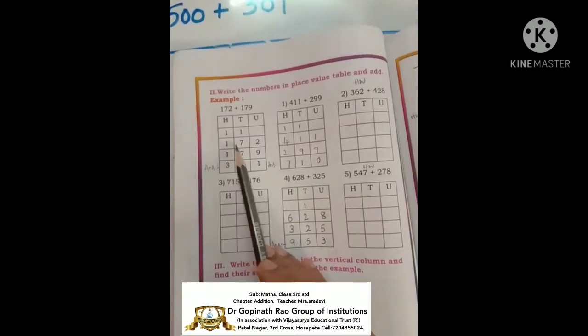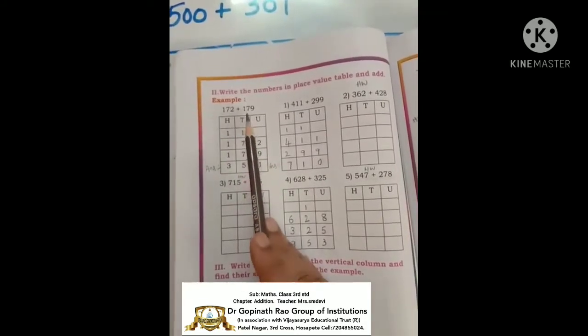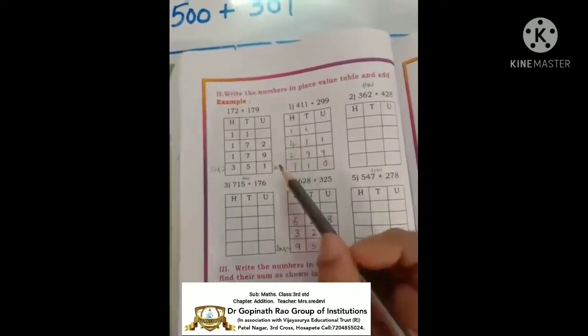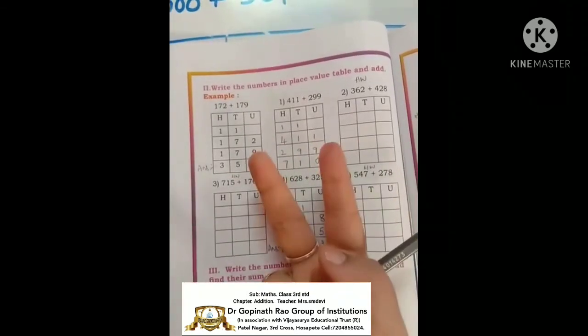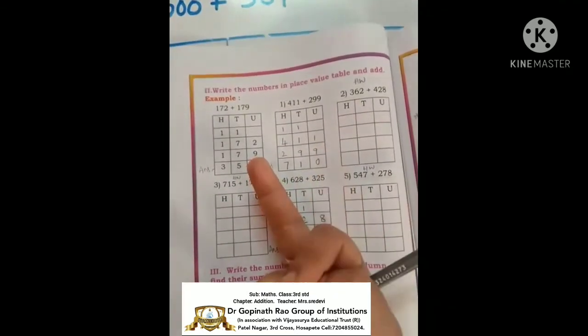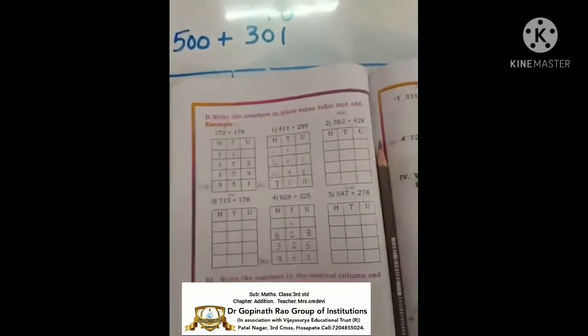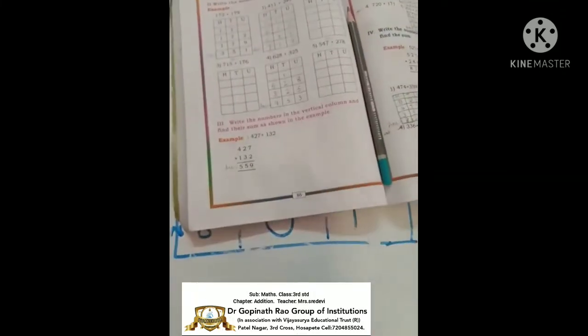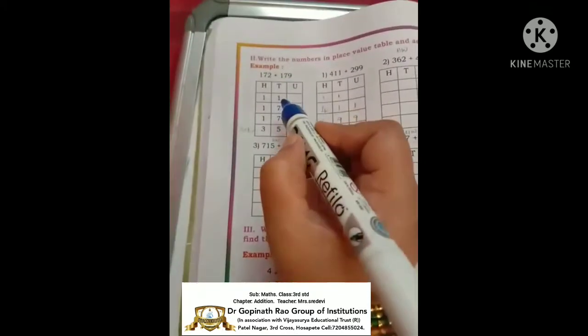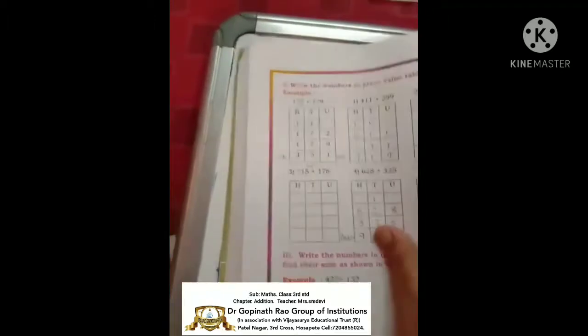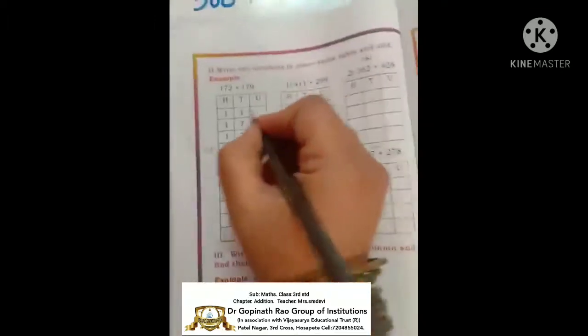Okay, so 172 here, 179. So what is there? The bigger number is 9. So 9 in the mind, 2 on finger. After 9, 10, 11. See, 11, how will we write 11? See children, 1 will come here, and this 1 will go as carryover. See here. Okay. Here 1 will come as a carryover.